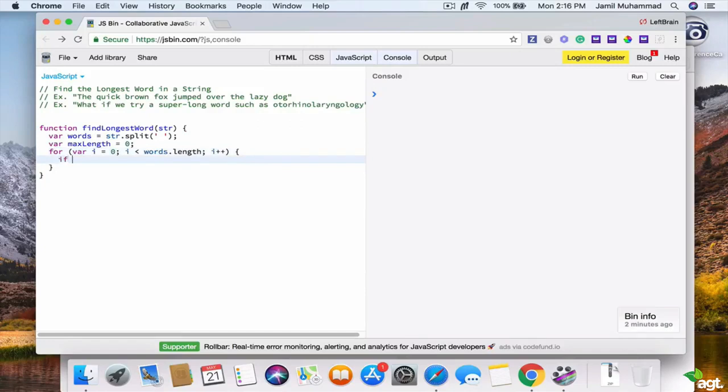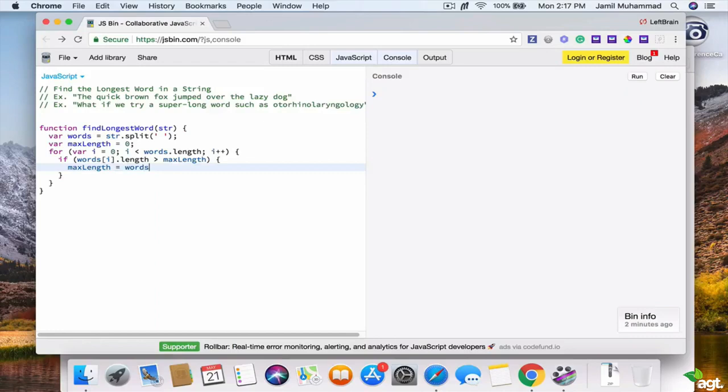And then if the length of a word is greater than the max length, or in other words, if it's greater than 0, or if it is not an empty space, then we're going to set maxLength equal to